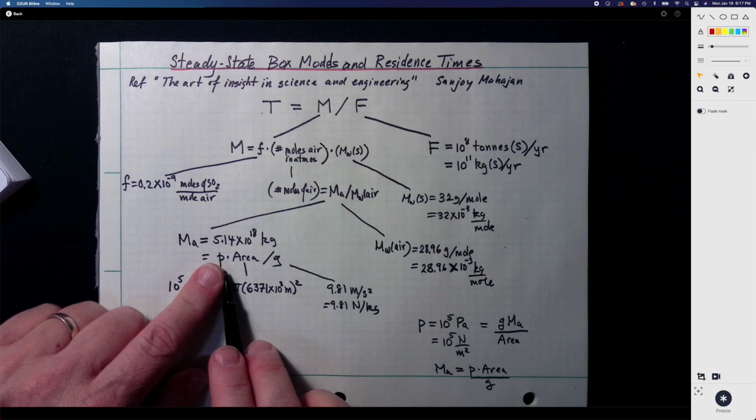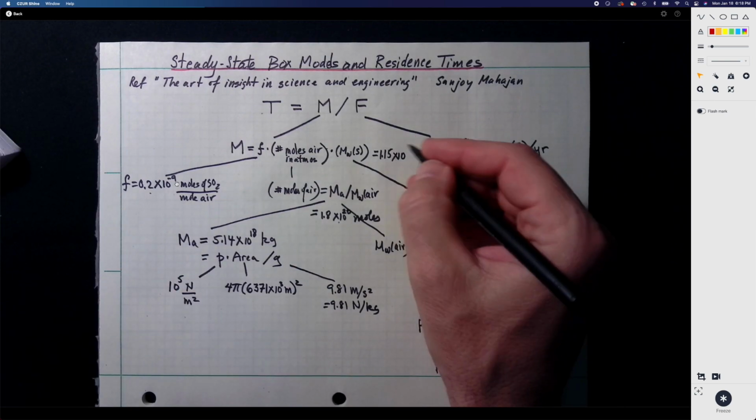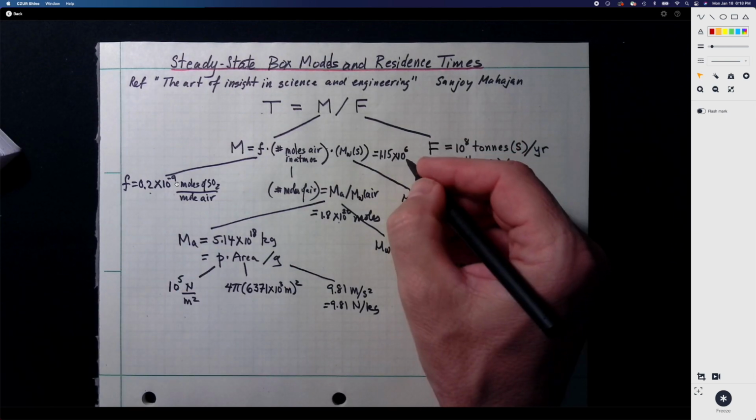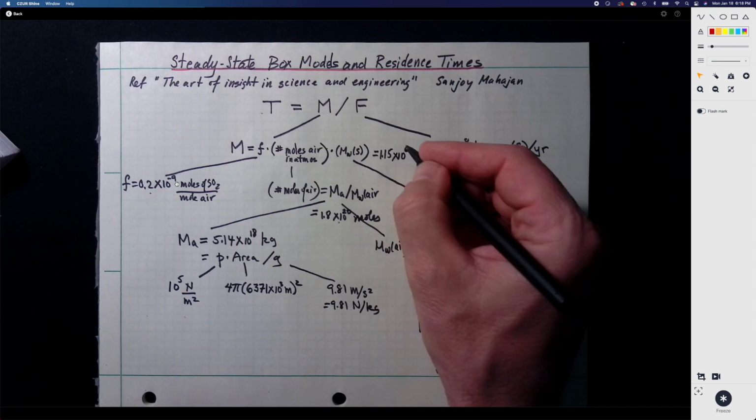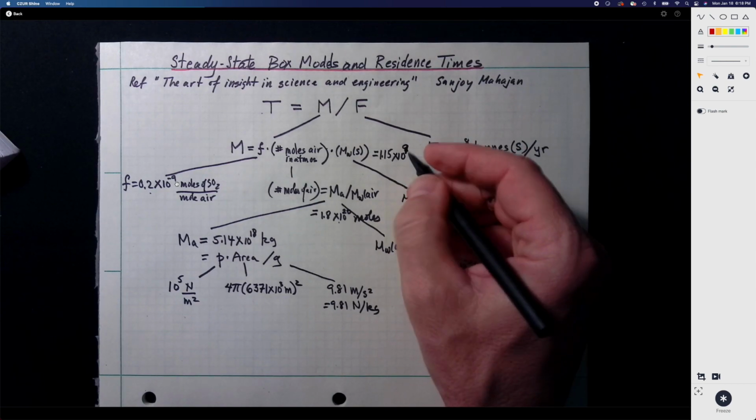And now if we multiply f by the number of moles and by 32 times 10 to the minus 3 kilograms per mole, we get the total stock mass in kilograms of sulfur dioxide, or sulfur in the atmosphere. Sorry, not sulfur dioxide, sulfur in the atmosphere. So this number becomes equal to 1.15 times 10 to the 9, sorry, 9 kilograms